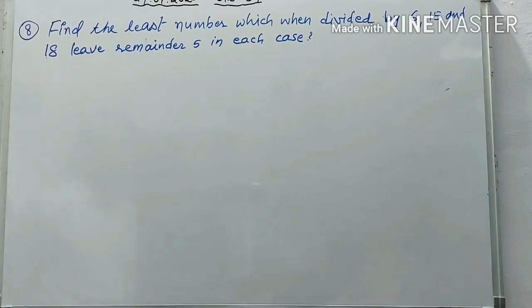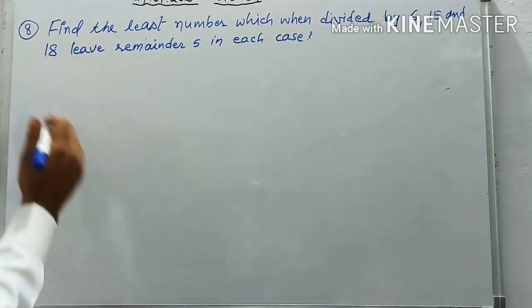Now find the least number which, when divided by 6, 15 and 18, leaves a remainder of only 5 in each case. It means which number divided by 6 leaves remainder 5, which number divided by 15 leaves remainder 5, and which number divided by 18 leaves remainder 5. So here we need to find the LCM